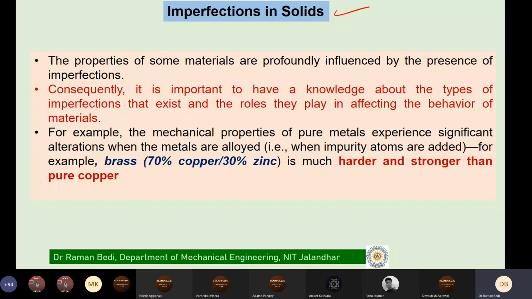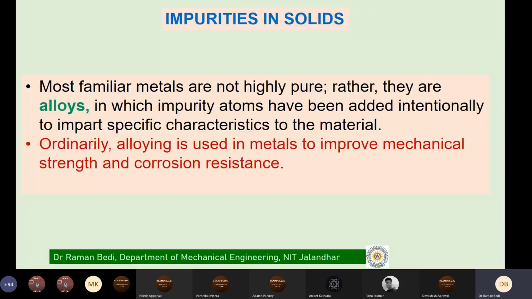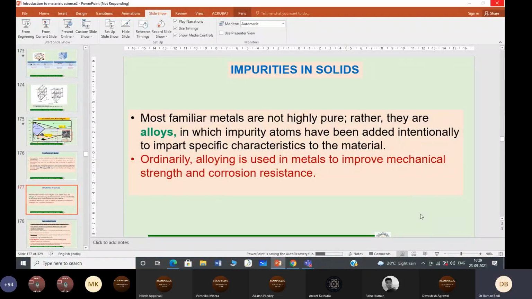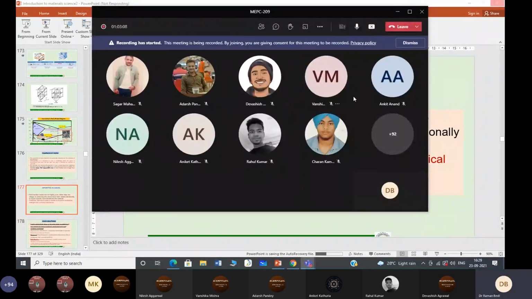And we will now go towards what we mean by imperfections. Many a times we intentionally create imperfections in solids so that you can create alloys which are helpful to us in increasing the strength of the material. Alloys generally are stronger than their pure element counterparts. And this is where we will see how that is useful to us and how you create alloys. Is it right? Yes.